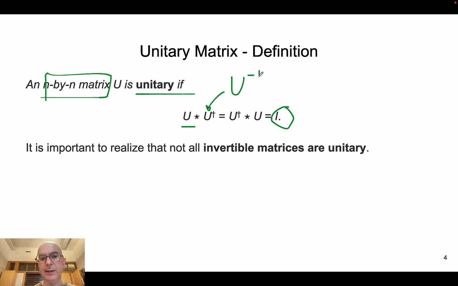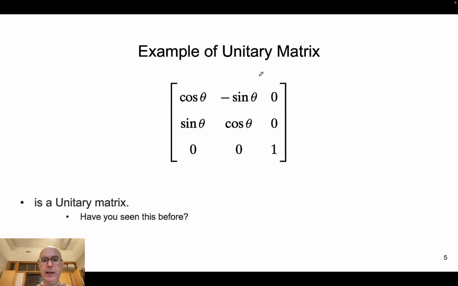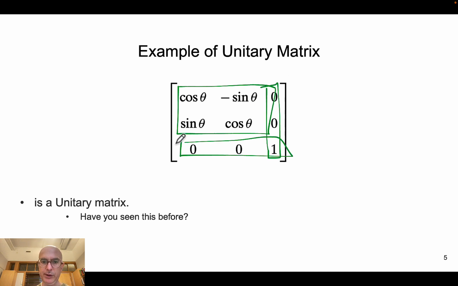It's important to realize that not all invertible matrices are unitary, but only those for which the inverse is equal to the adjoint. A very nice example of a unitary matrix is this one. We have a block that is cosine theta, and then we have two bands here. This is a unitary matrix. If you multiply this by the adjoint, that is the transpose and then conjugate,